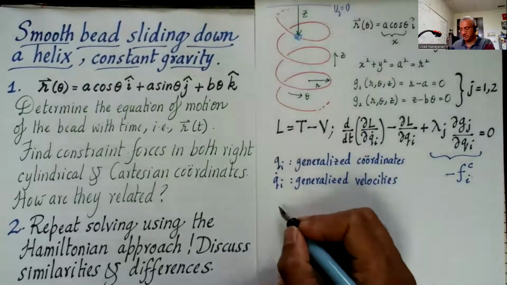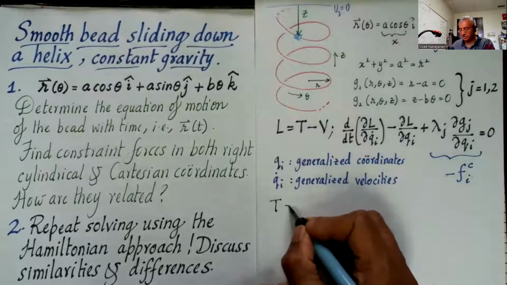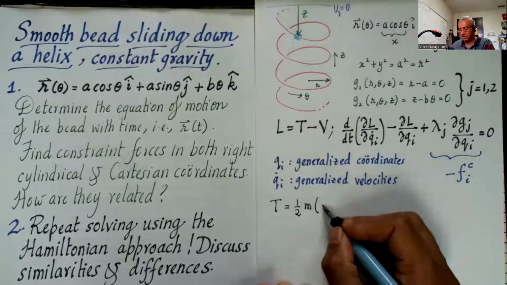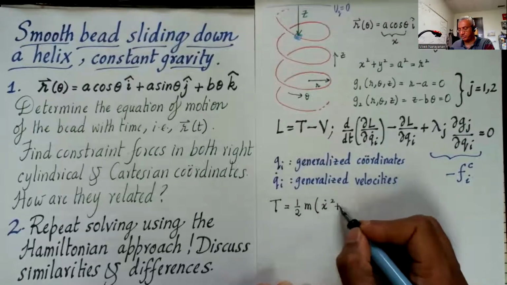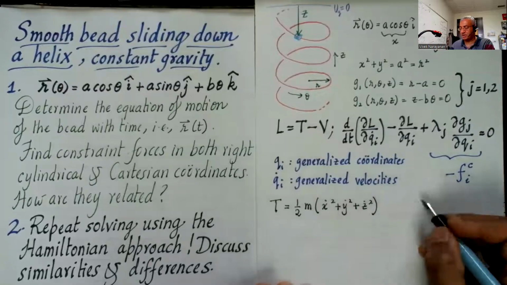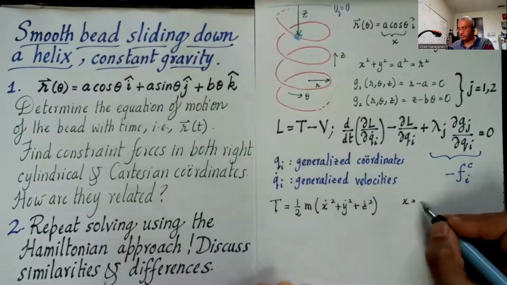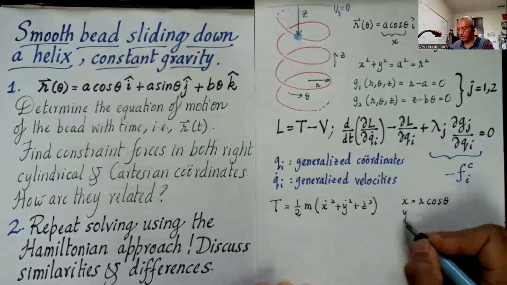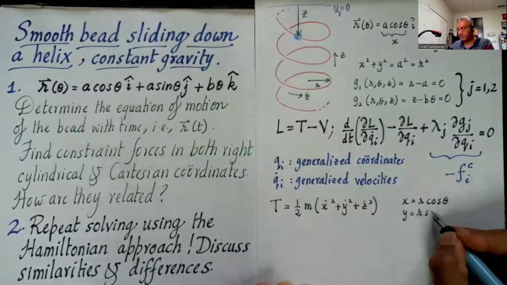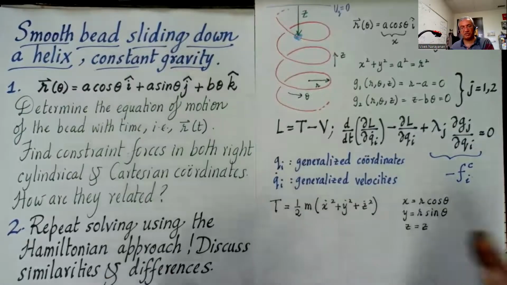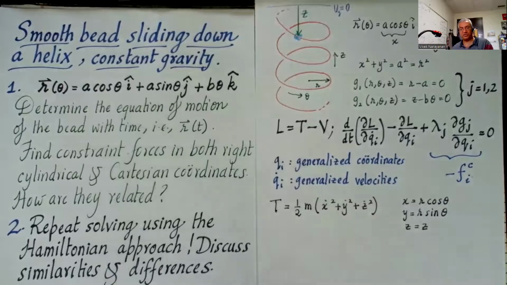You take the kinetic energy always in Cartesian coordinates and see what has to be done to it in the new coordinate system. So that's x dot squared plus y dot squared plus z dot squared in Cartesian. In the Cartesian coordinate system, you write x equals r cosine theta, y equals r sine theta, and z equals z. Now we are talking about the general relationship between Cartesian and